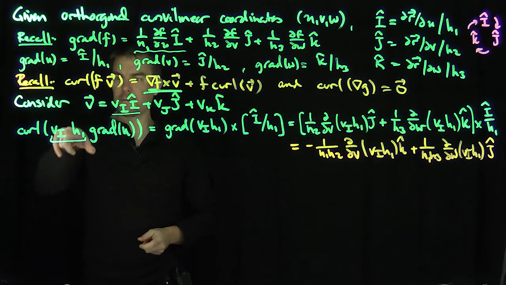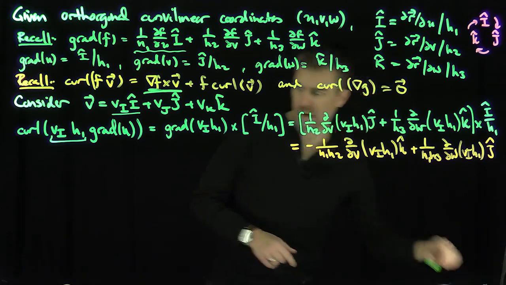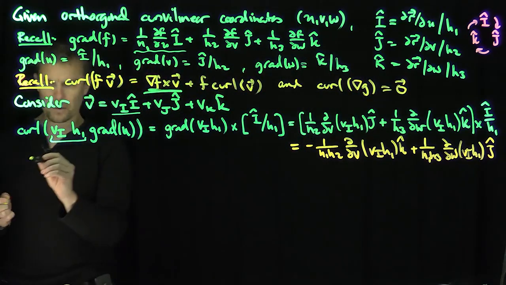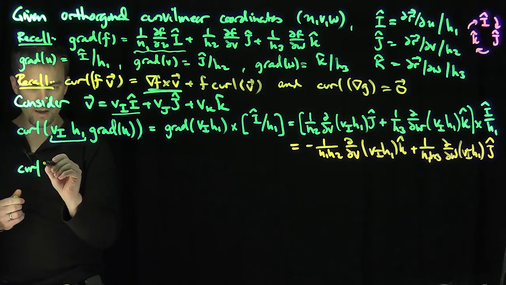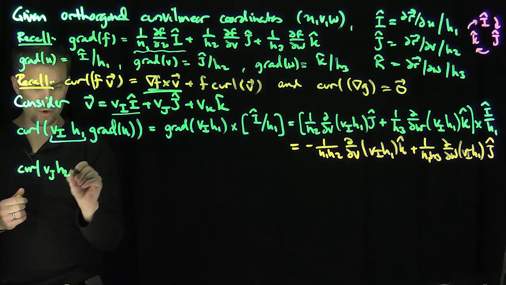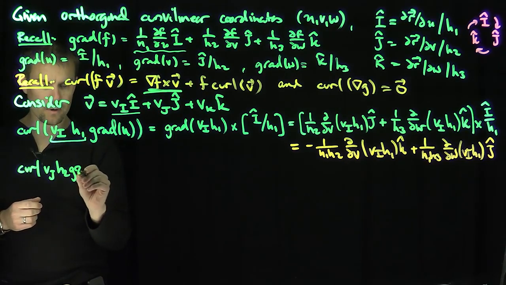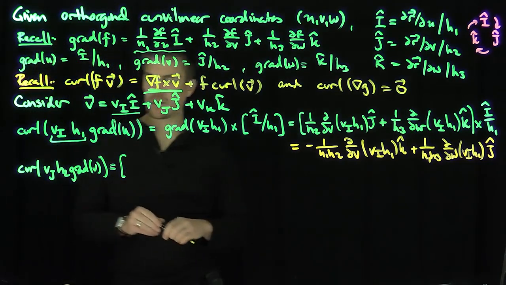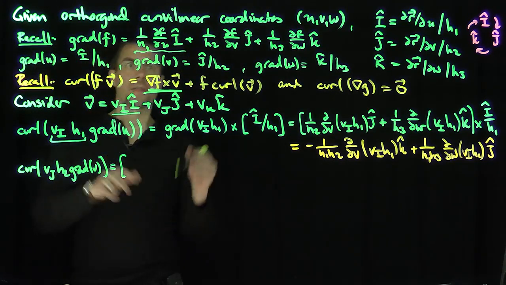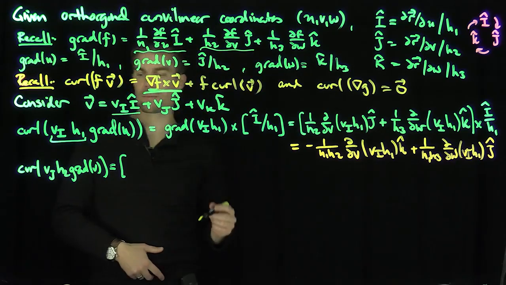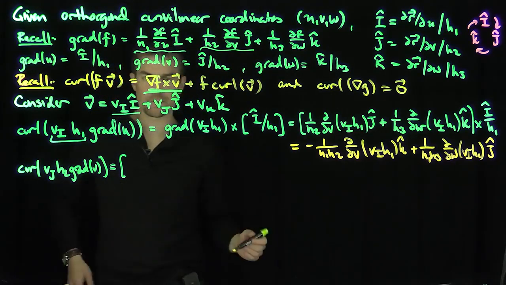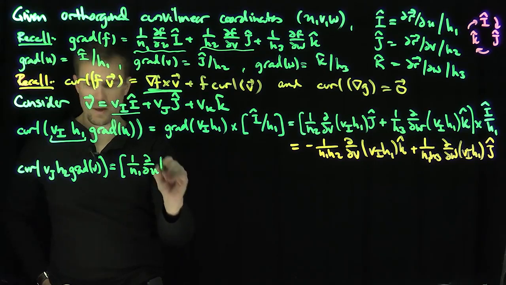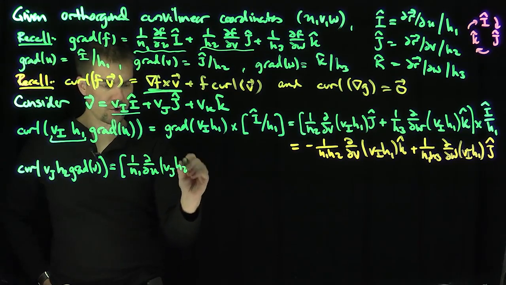Let's do the same thing with the Vj h2, right? So let's go to that now. So what will the curl of Vj h2 be? That's going to be, by the same calculation, the gradient of this function over here. This time we're going to omit the j term because the gradient's going to vanish when I do the cross product over here. So it's going to be 1 over h1, partial u, and then Vj h2,